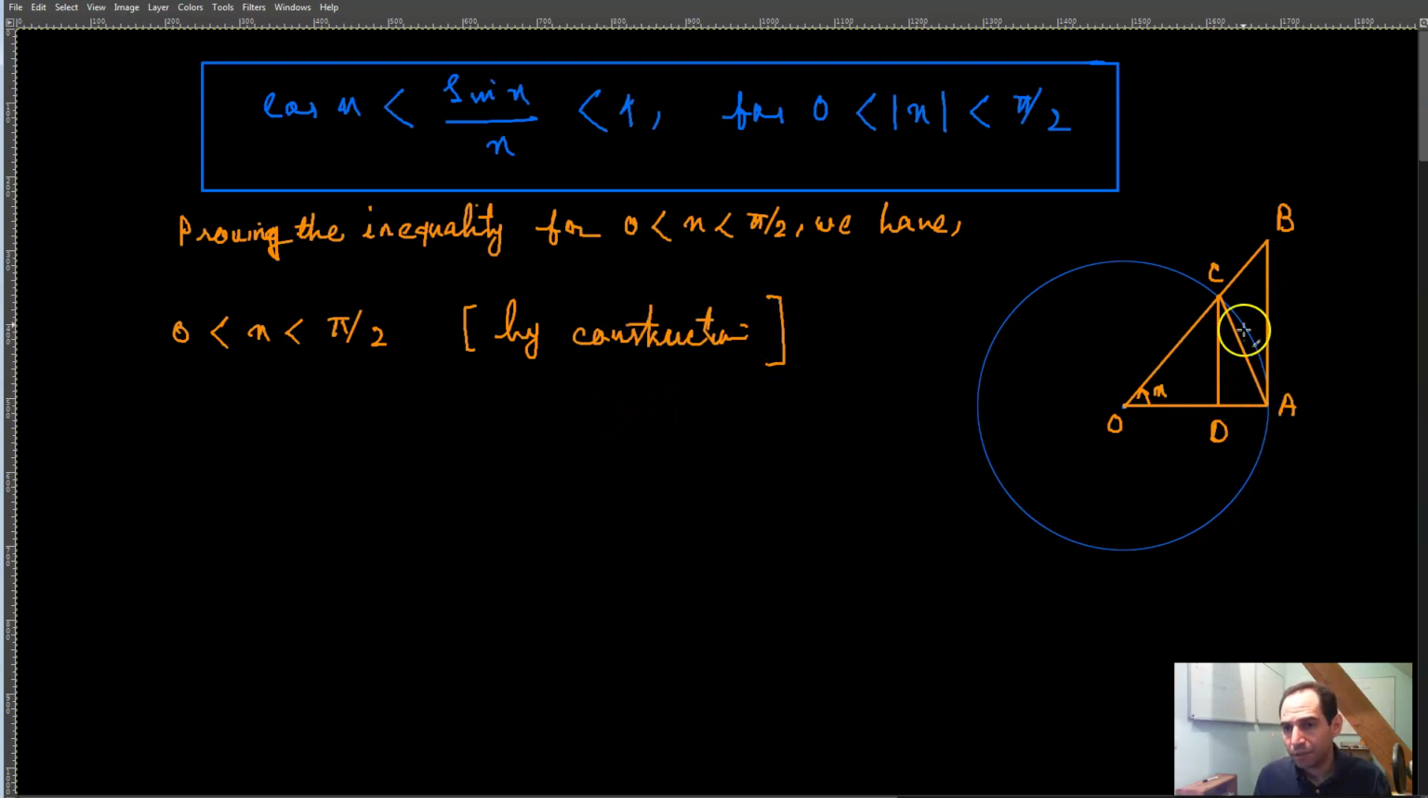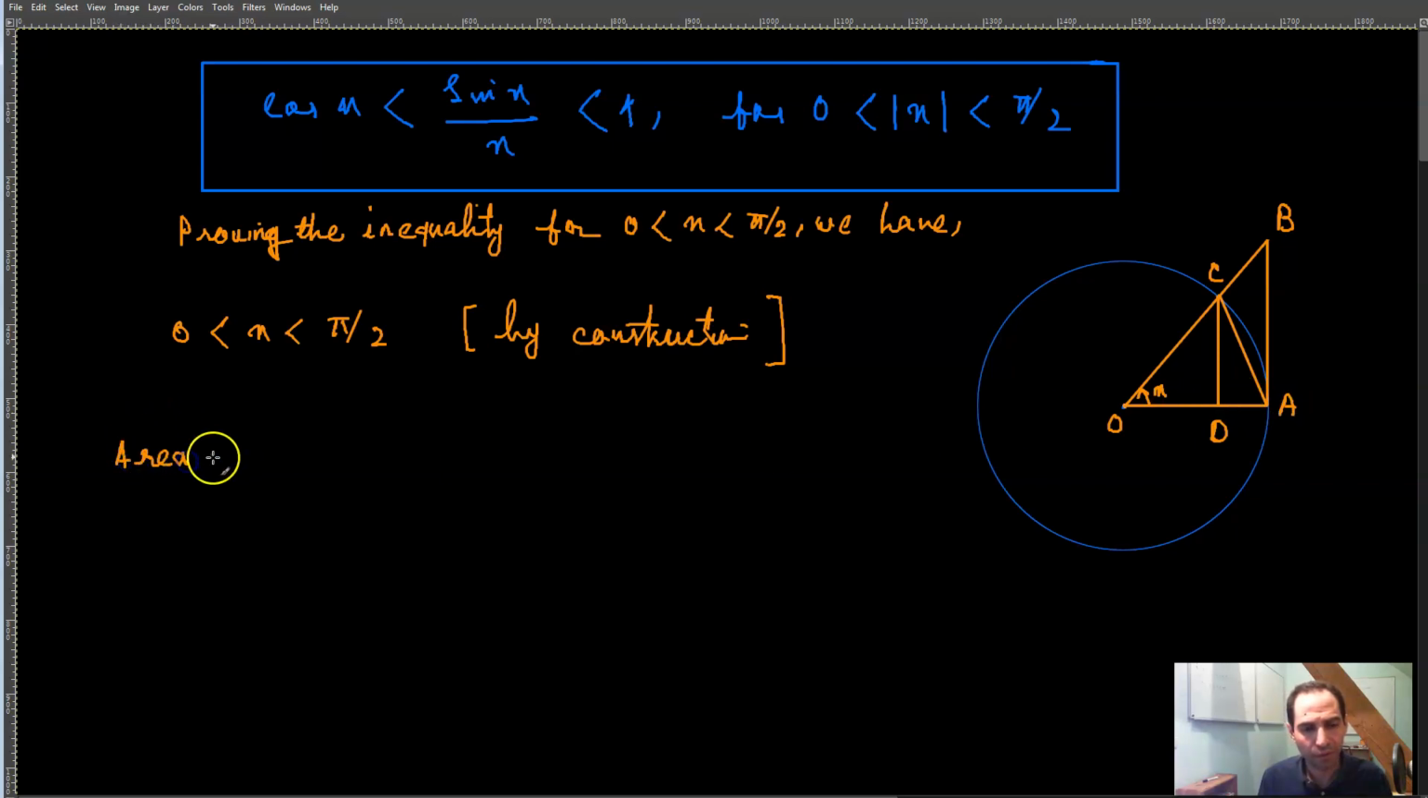Now line segments BA and CD are perpendiculars to OA, and further we join AC. So AC is also joined, this line segment. And so we can say that the area of triangle OAC, which is this triangle over here,